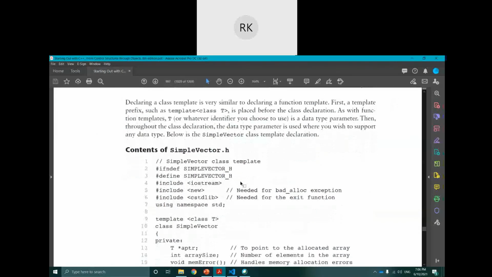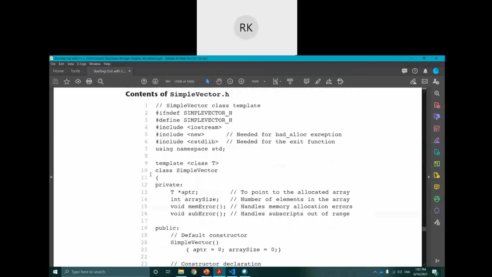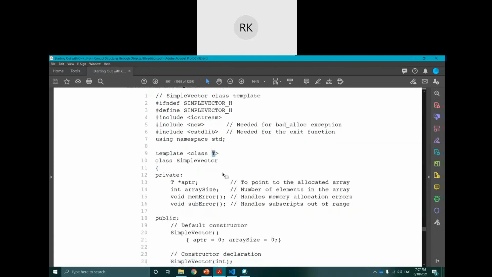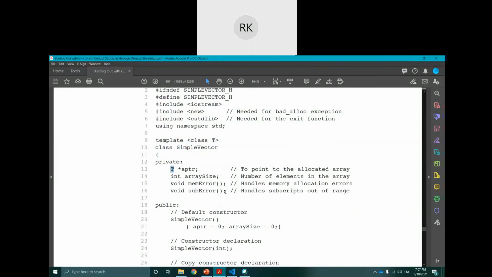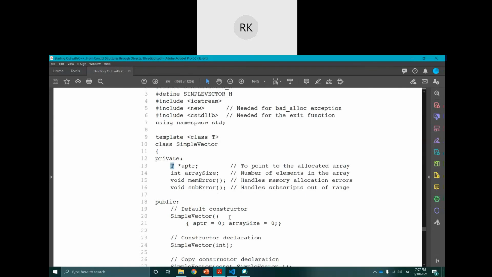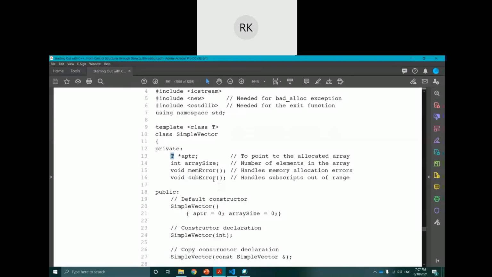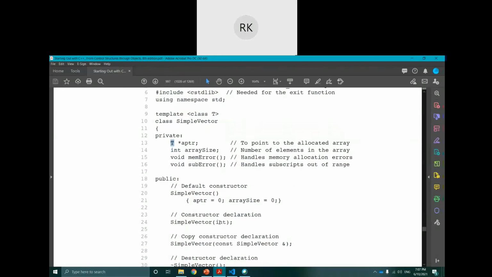You see here template class T, meaning we are using only one data type inside this whole class. The class name is simple vector. You see T pointer. Wherever we need a data type, we will use that as a T. Wherever there is integer, we are not referring to T, this is already known.